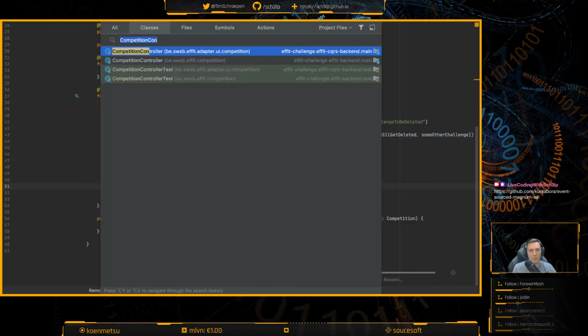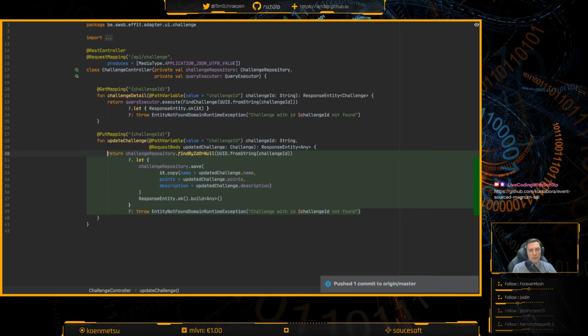And the last one will be in the challenge controller, in fact, because there's just a single one. It's called update challenge, and here we'll need to do this bit.